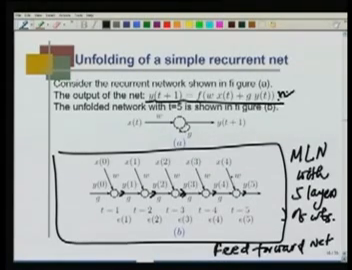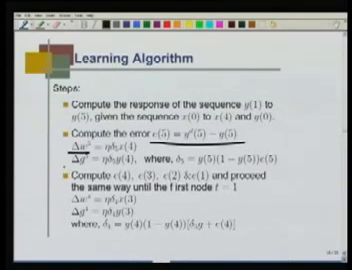So, the change in this weight W is obviously eta delta 5 X4. The change in this weight G is eta delta 5 into the input, which is Y4. So, that is what we are writing here. But delta 5 is the derivative of the activation function times the